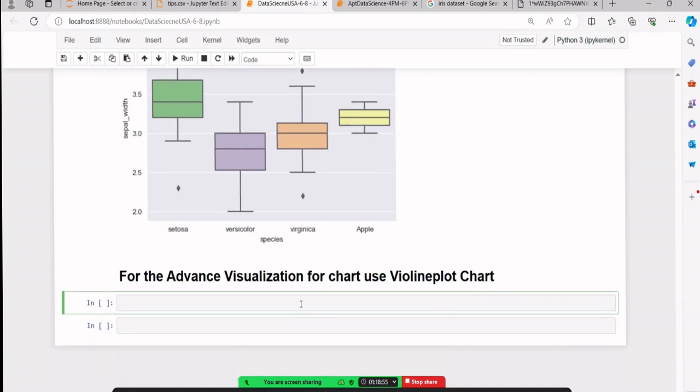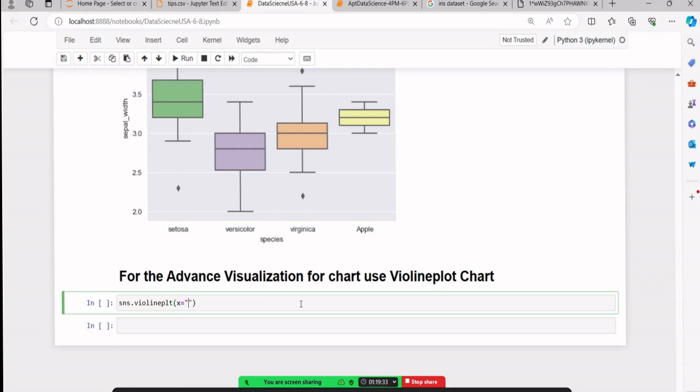The Violin plot chart is similar to the bar chart, but the shapes are different. How? Like to pass the Violin plot, and similarly pass x and y, species and the data set,